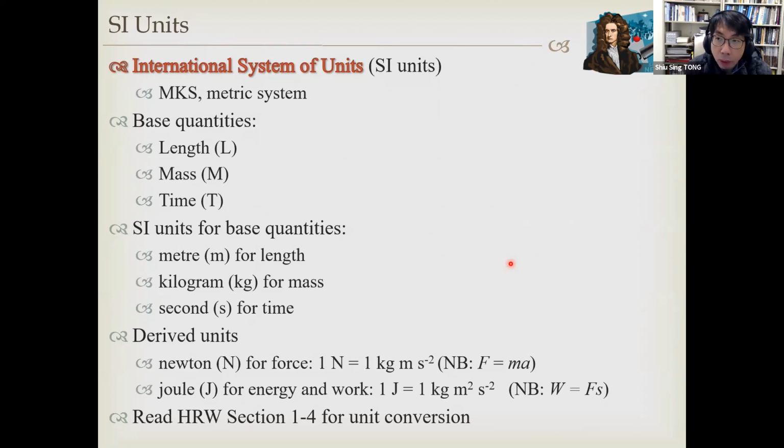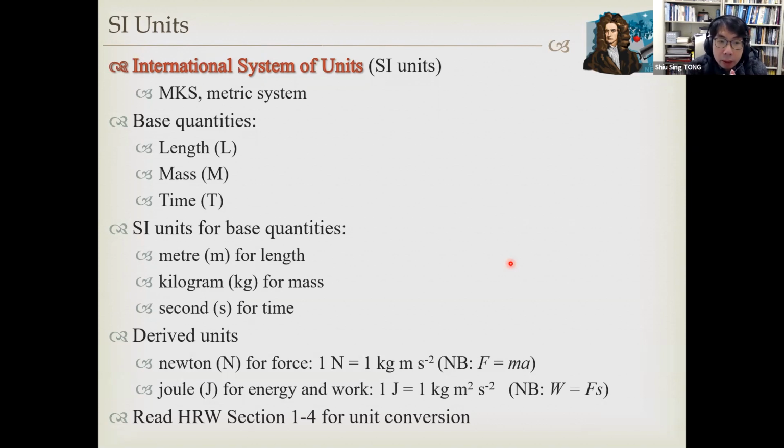All other quantities in mechanics are made up of these 3 base quantities. They form the foundation on which all other physical quantities are derived. We denote length by L, mass by M, and time by T. The corresponding SI units for these base quantities are, of course, meter for length, kilogram for mass, and second